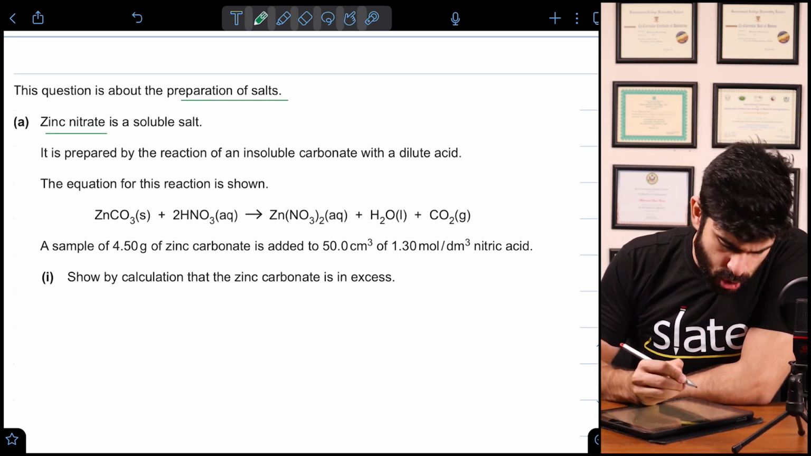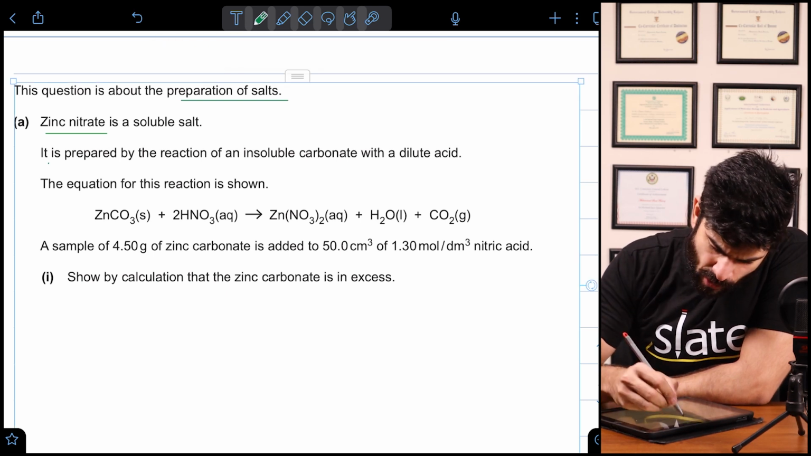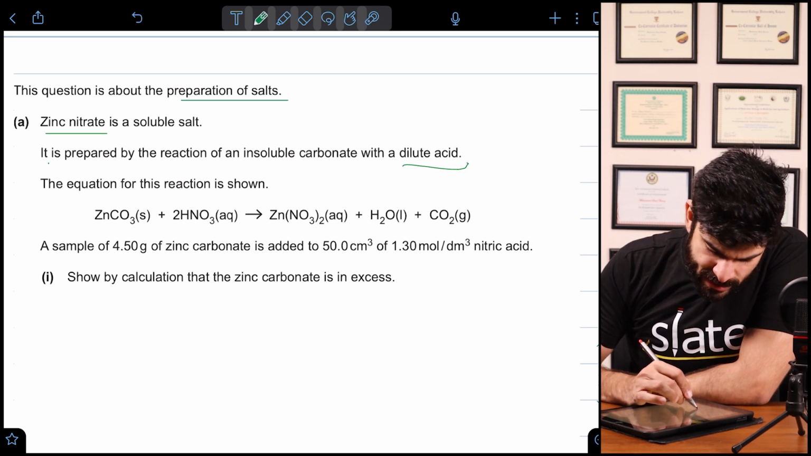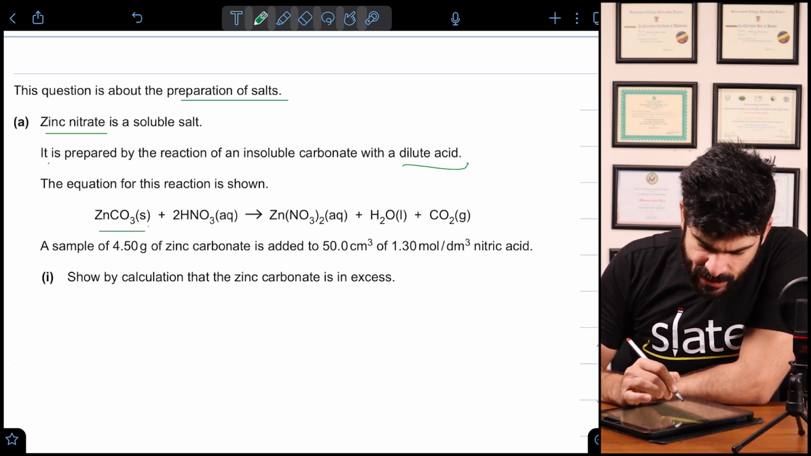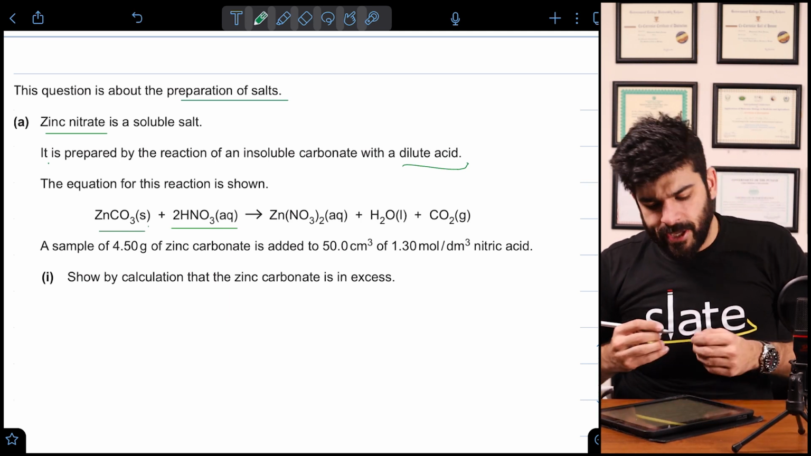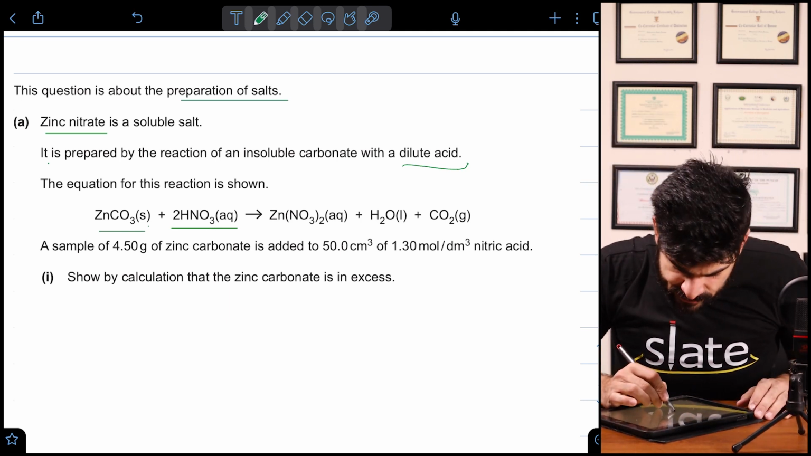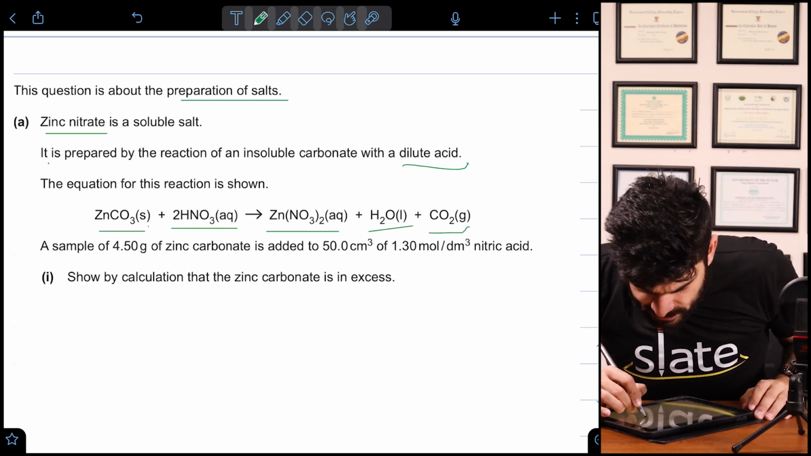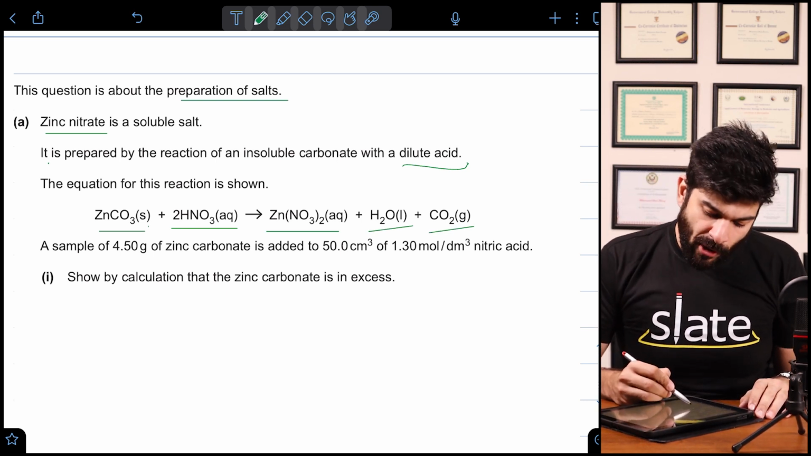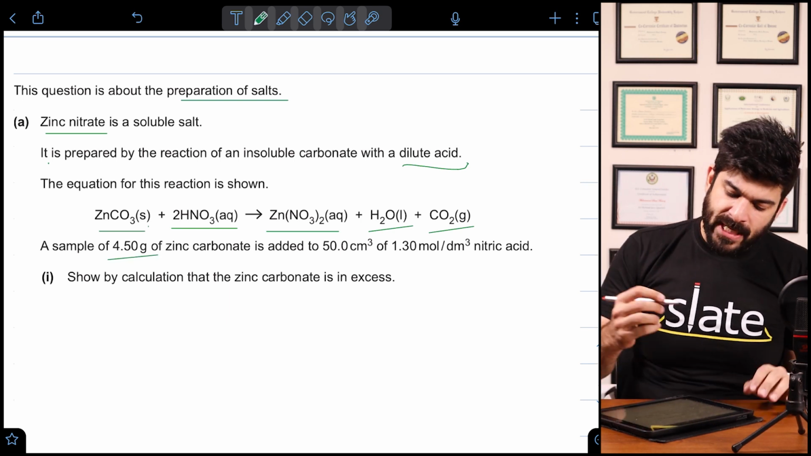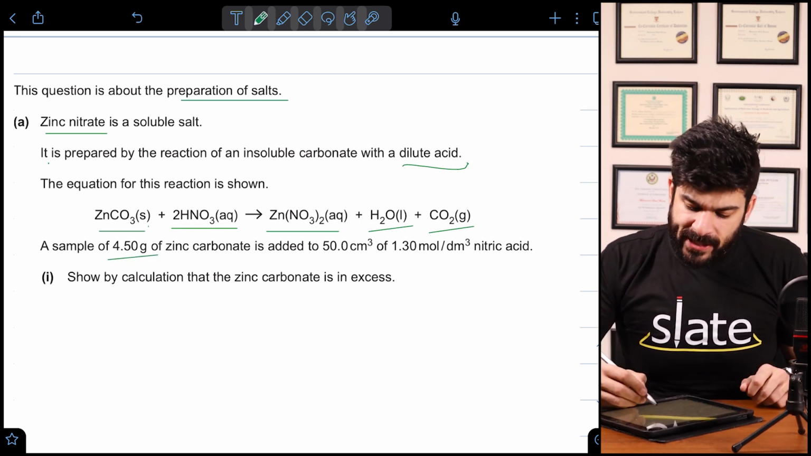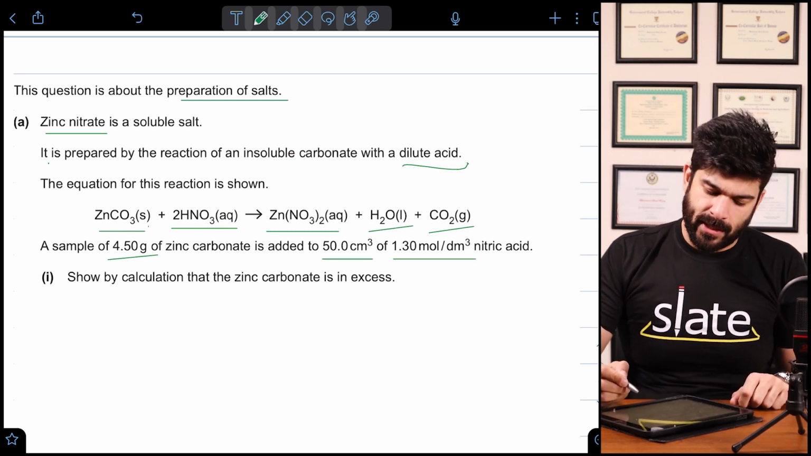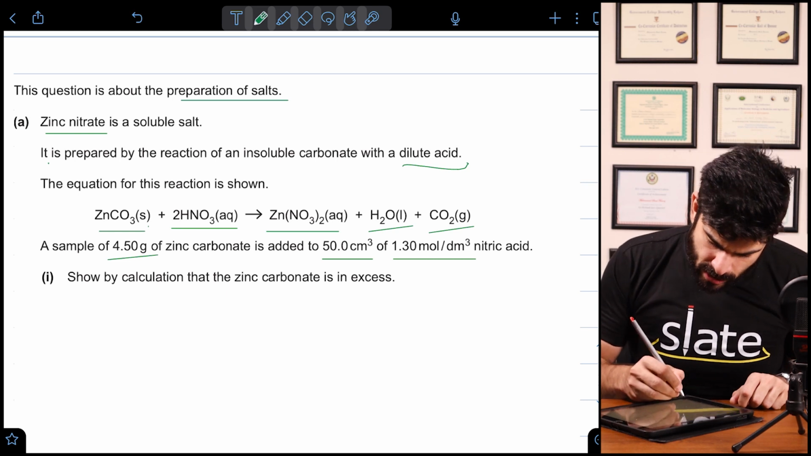Zinc nitrate is a soluble salt. It is prepared by reaction of an insoluble carbonate with dilute acid. The equation for the reaction is zinc carbonate. 1 mole of zinc carbonate reacts with 2 moles of HNO3, which is nitric acid, and that gives us 1 mole of zinc nitrate, 1 mole of water, 1 mole of carbon dioxide. Perfect. A sample of 4.5 gram of zinc carbonate is added to 50 centimeter cube of 1.3 mole per dm cube nitric acid. So our two reactants are zinc carbonate